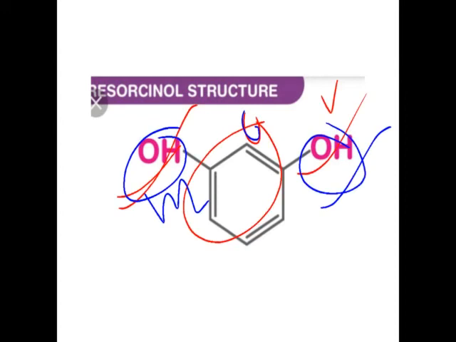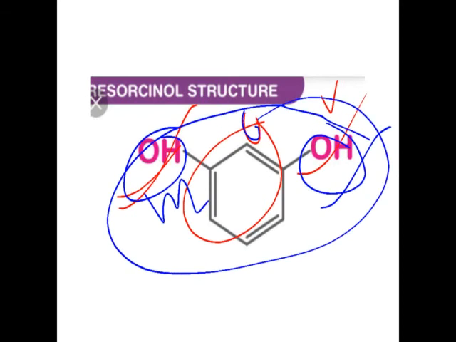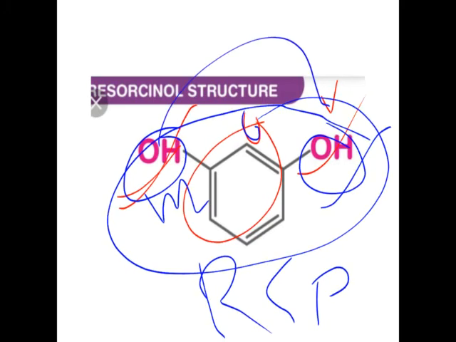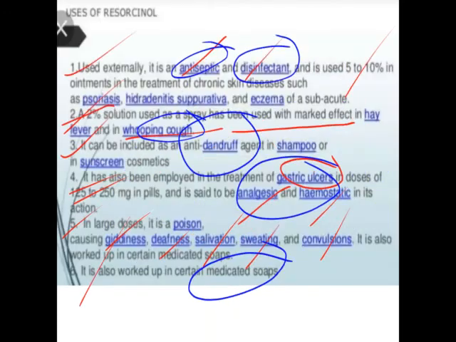So if electron donating groups are present in the given phenol, then what happens? The acidity of phenol decreases. So it is also less acidic as compared to phenol. So phenol is more acidic than resorcinol, as resorcinol consists of hydroxy groups, which are electron donating groups. If an electron donating group is present, it can donate the electron, so the capacity of phenol to accept the electron decreases. So it becomes less acidic.